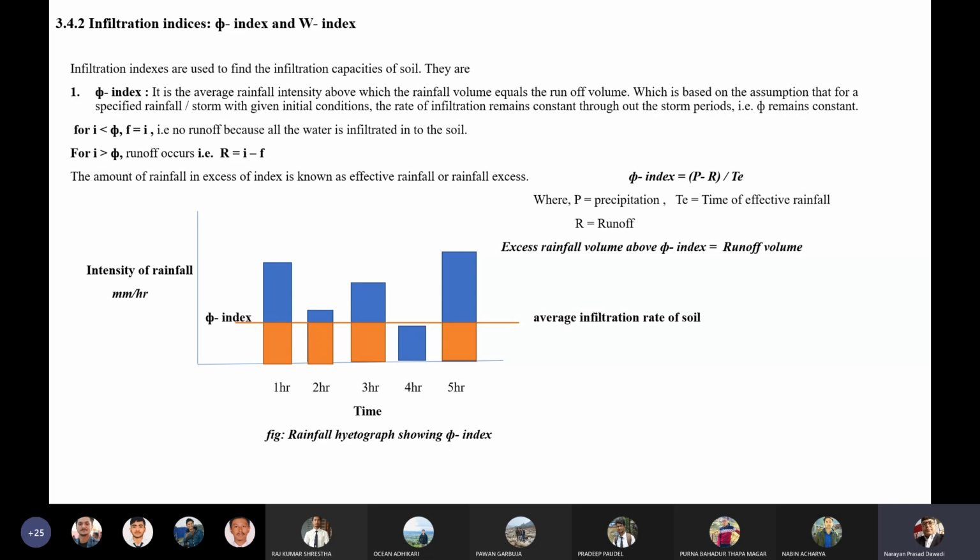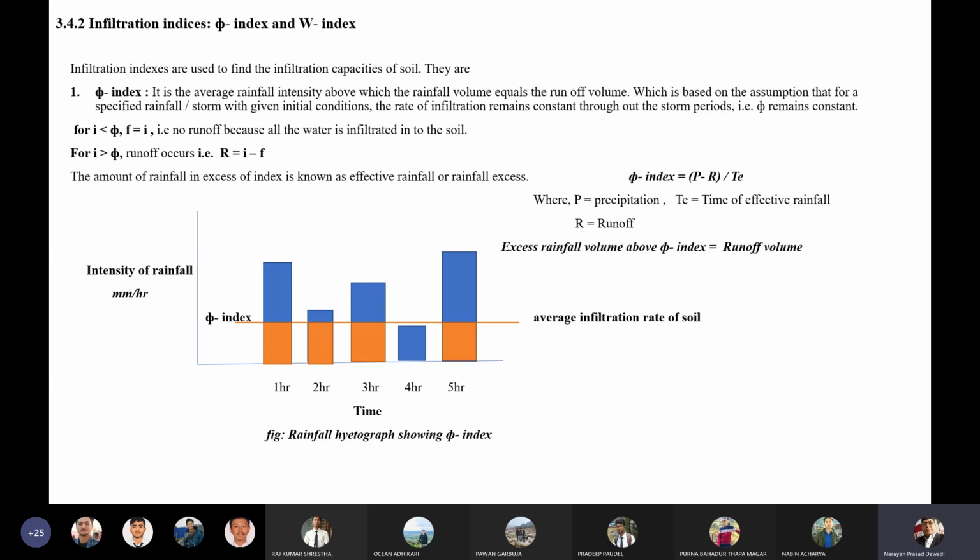A hyetograph means that on the y-axis the intensity of rainfall is plotted, and on the x-axis the time duration of rainfall is plotted. This intensity is expressed in terms of a bar chart. This is the hyetograph. You can see here that if the phi index rate is 6 centimeter per hour, and above the line of the phi index, the blue color bar graph